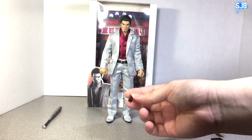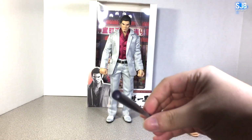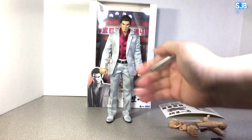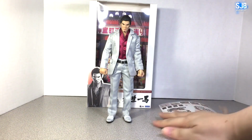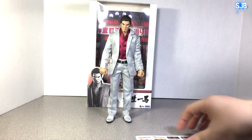It's just hard plastic. And finally we have a bat, because you gotta beat somebody up with it. So it's pretty cool. You can put the bat in his hands, but it's a pain to do, so it's separate. Those are most of the accessories that you can put on him. And it also comes with